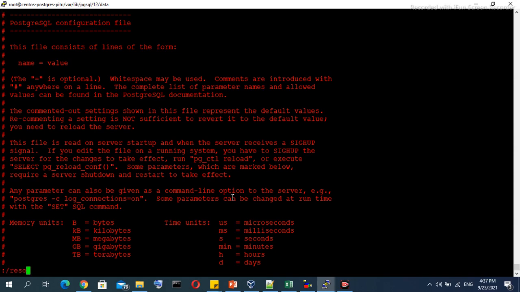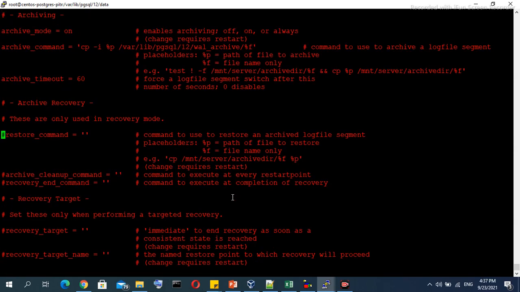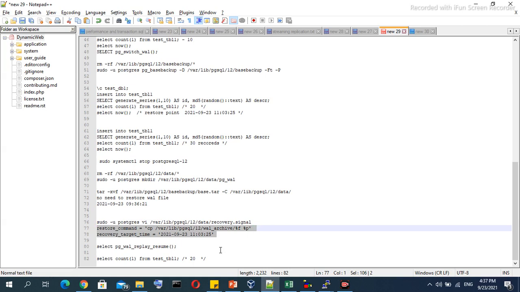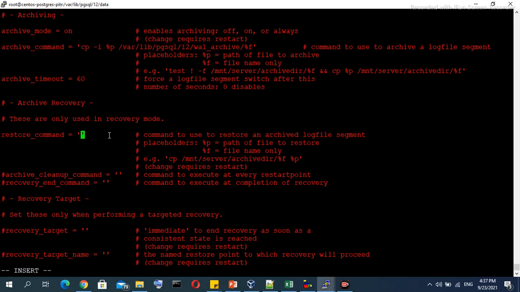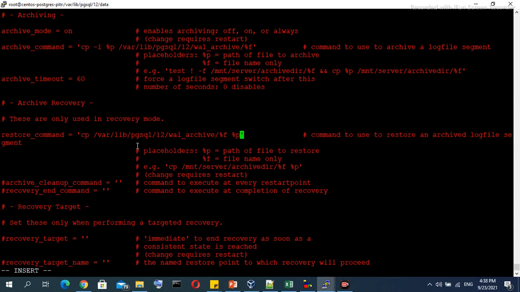One is our restore command, we will do copy back, we will copy here. So from WAL archive to reverse copying, it will do from the WAL archive to the WAL log file. Okay, so this is a reverse process,